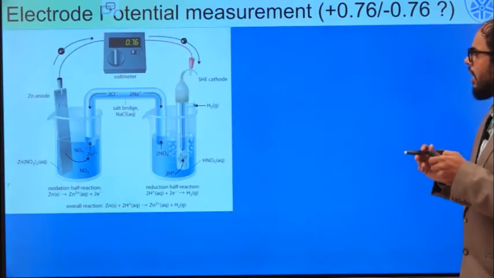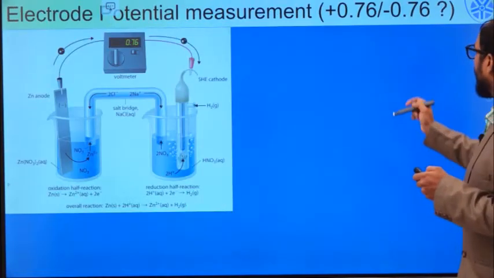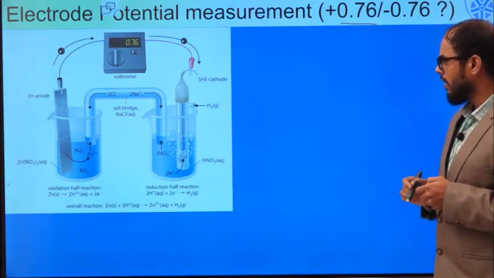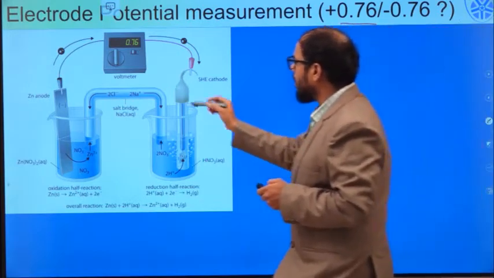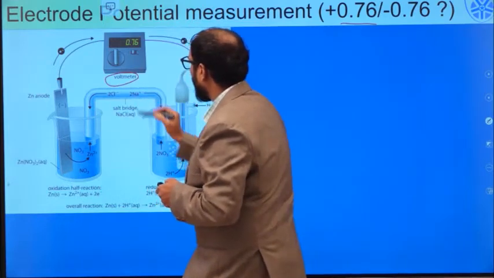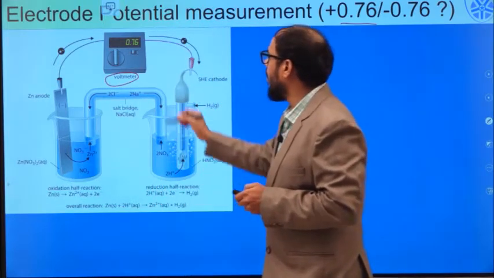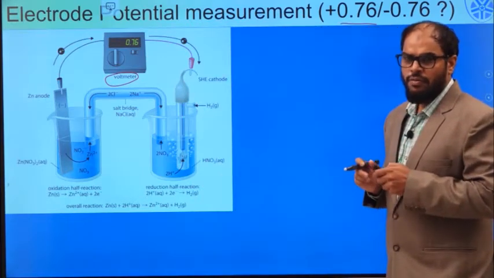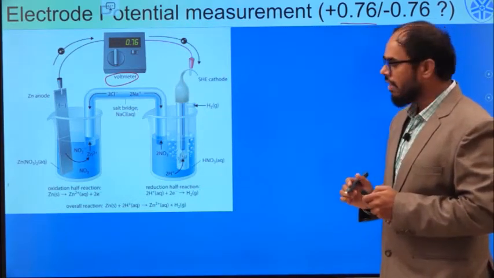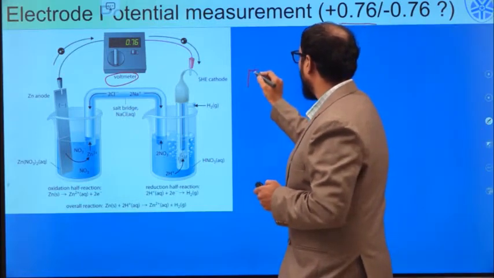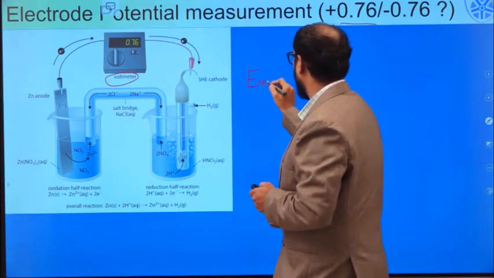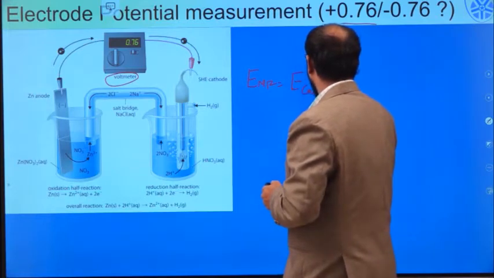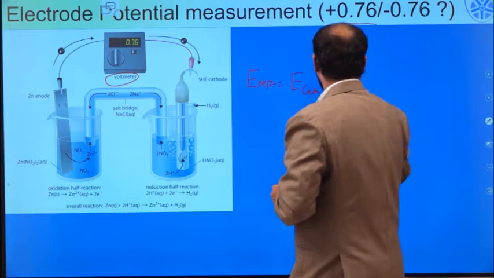Let us try to understand how we are getting the value as 0.76. Since we are using a voltmeter, this voltmeter will give the value of 0.76. So, we know from our previous experience that whenever we want to find out the EMF of a cell, EMF is nothing but E cathode minus E anode,